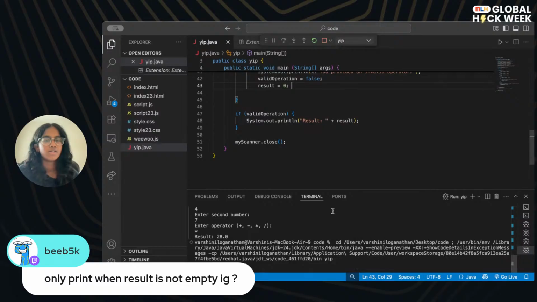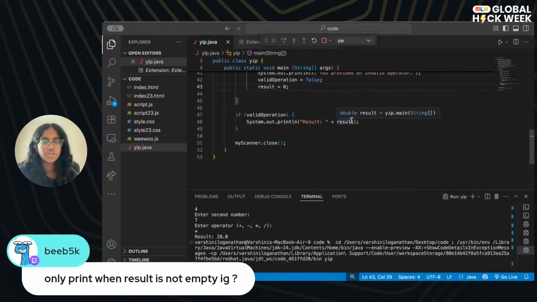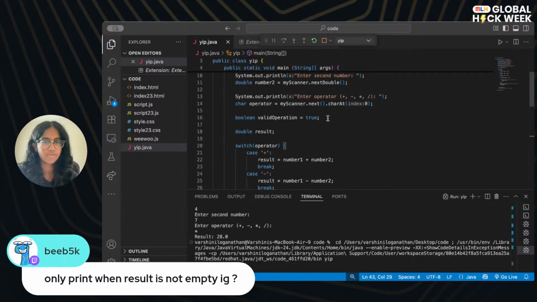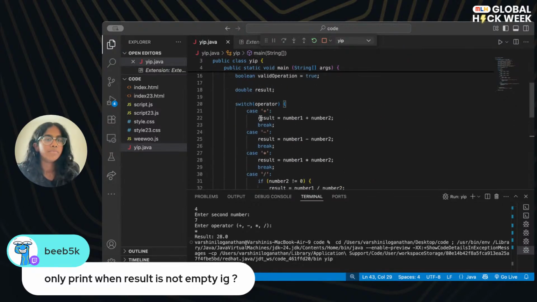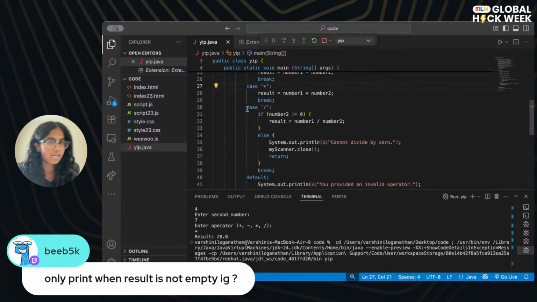Okay, let me tell y'all what the problem was. Basically, you have to make sure that your variables are instantiated with a value at all points. Otherwise, Java will get mad, like, why doesn't it have a value? I can't run the program without that. The thing with switch is that all of these cases are changing the variable of result, but there is this odd case if we're dividing by a number that's 0.